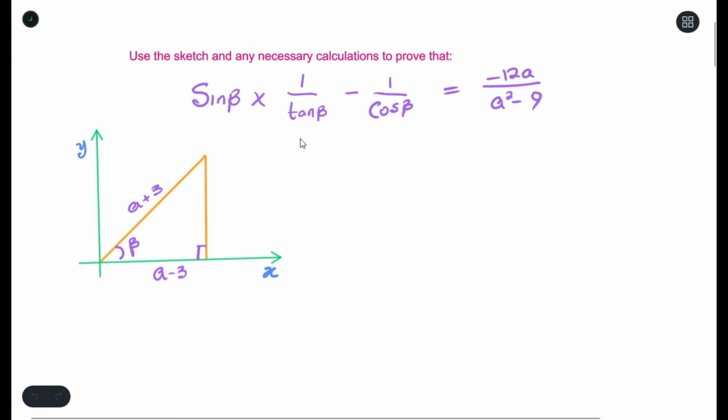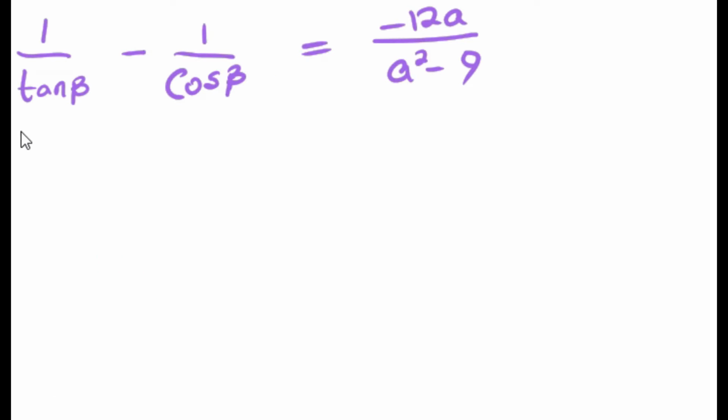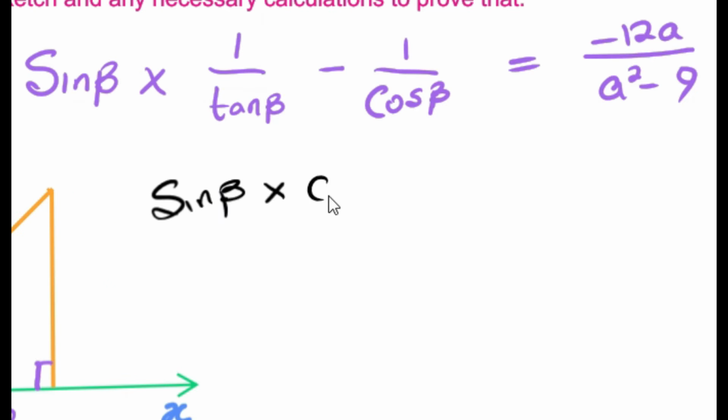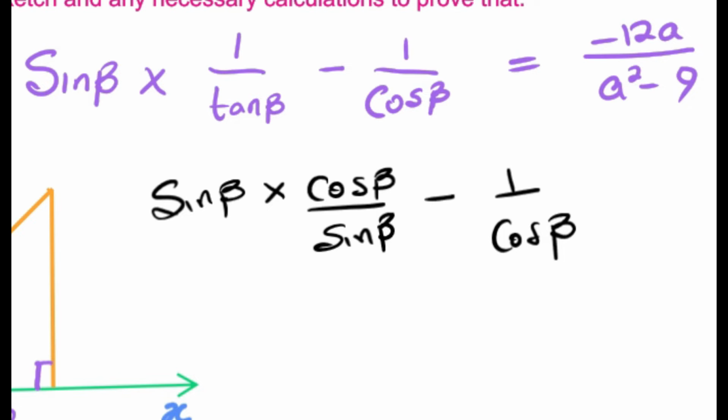The first thing that jumps straight out to me is tan beta. Tan beta is the same thing as sine beta over cos beta, right? We understand that tan is sine over cos. Now, if you know tan is sine over cos, 1 over tan would be cos over sine because it's the inverse. So I'm going to write it like this. So the next thing I will do is cross cancel. I understand that this sine beta can cancel out this sine beta. So all I'll be left with is,